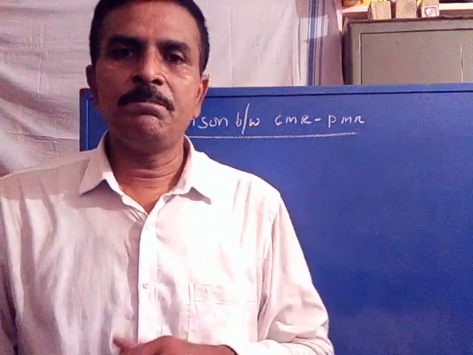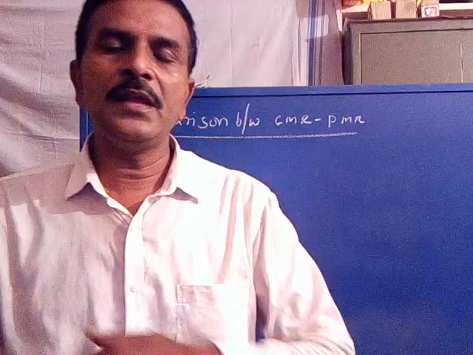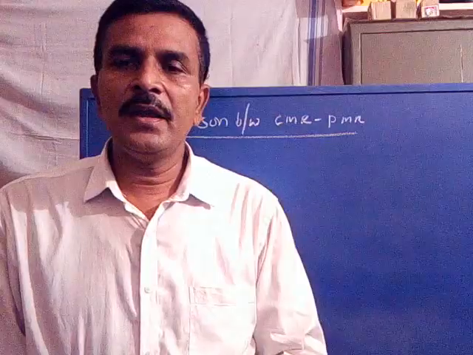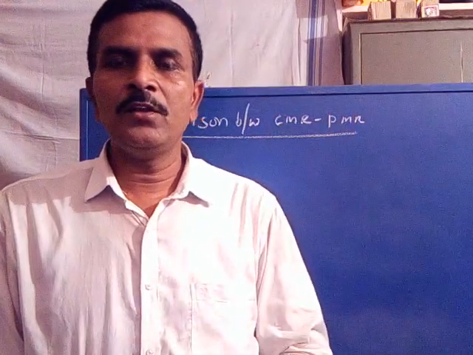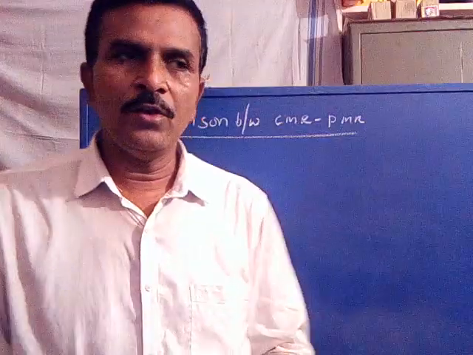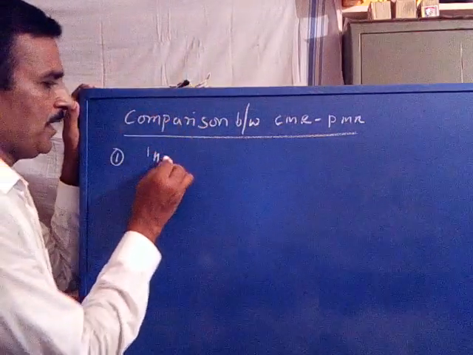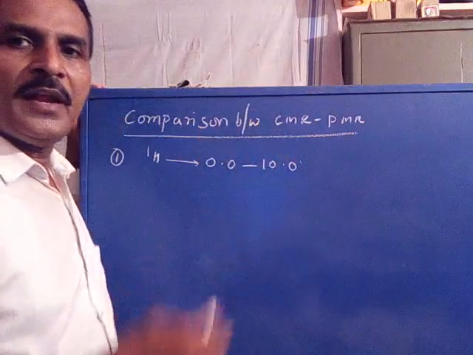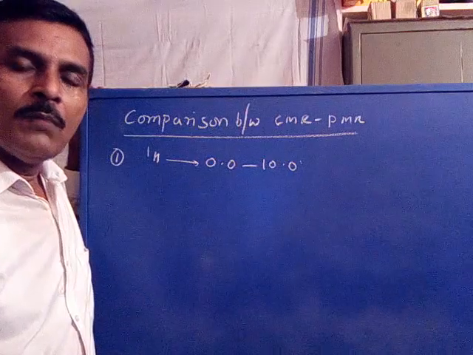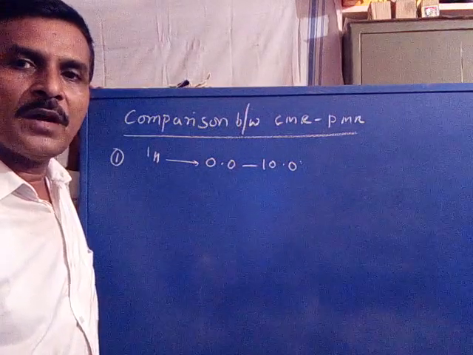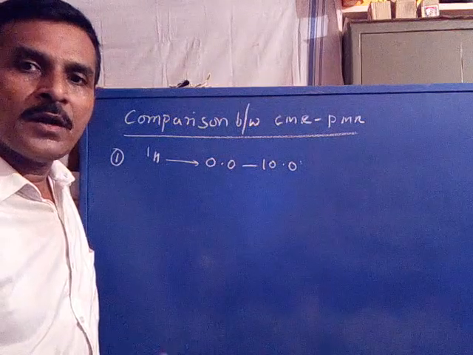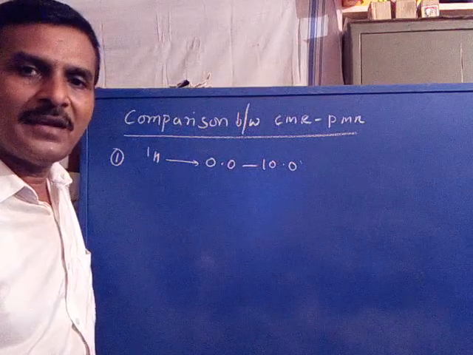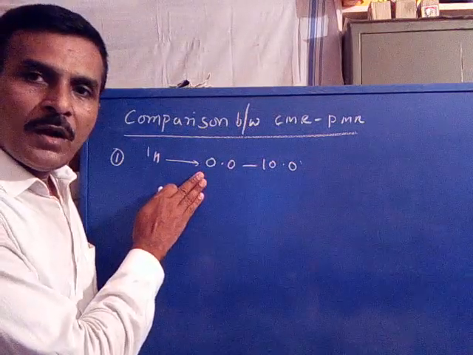All the proton signals appear at upfield value when compared with the carbon NMR signals. That is, the proton signals appear between 0.0 to 10.0 ppm. In some rare cases, the value may be more than 10 ppm. For example, carboxylic acid proton 11.4, enolic proton sometimes 16.0, etc. Now this is the range of proton.